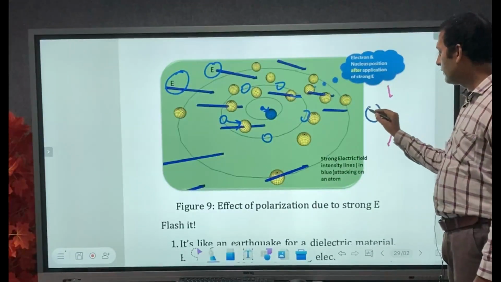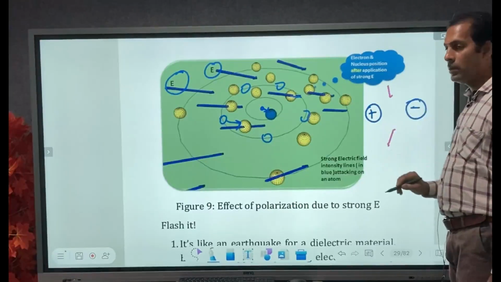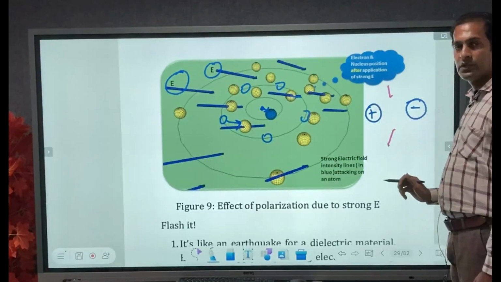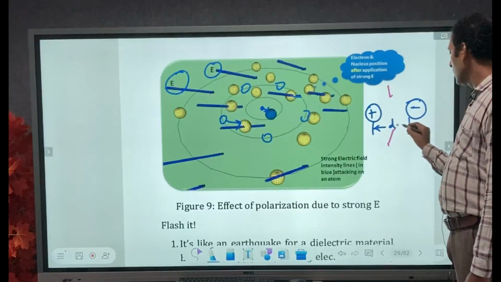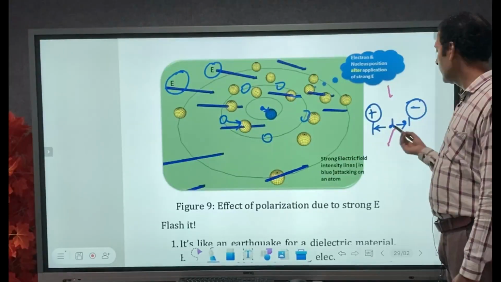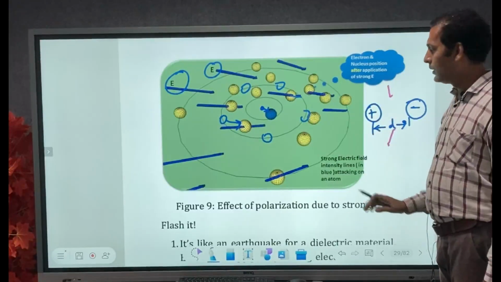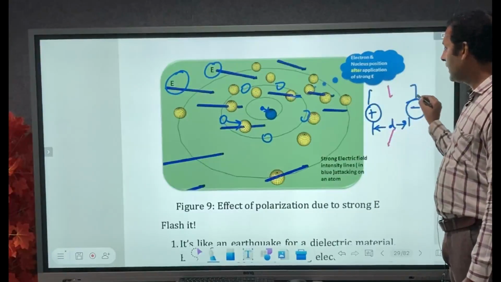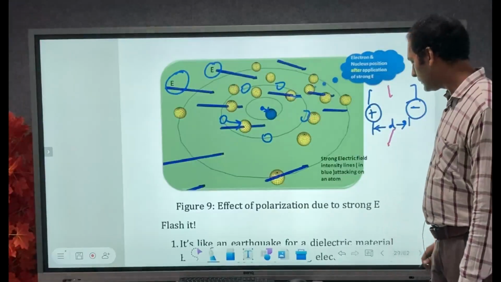So there will be some resultant charge in the form of dipoles. Say the nucleus side will become one positive pole, and all electrons will constitute one resultant negative charge, with some distance d between them. They have some energy of their own inside them. They become like a small capacitor, we can say. This concept is called polarization, and these are the dipoles: two poles separated by some distance d.